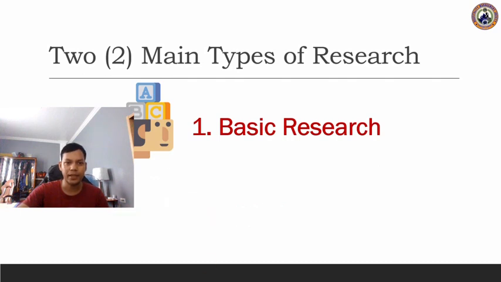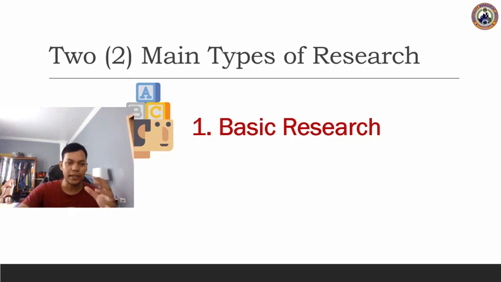First, we will talk about the basic research. Basic research, also known as pure research, is an original investigation into the reason behind a process, not just the process, but also a phenomenon or particular events. It focuses on generating knowledge around existing basic principles. Basic research is generally considered non-commercial research because it does not focus on solving practical problems and has no immediate benefit or way it can be applied.